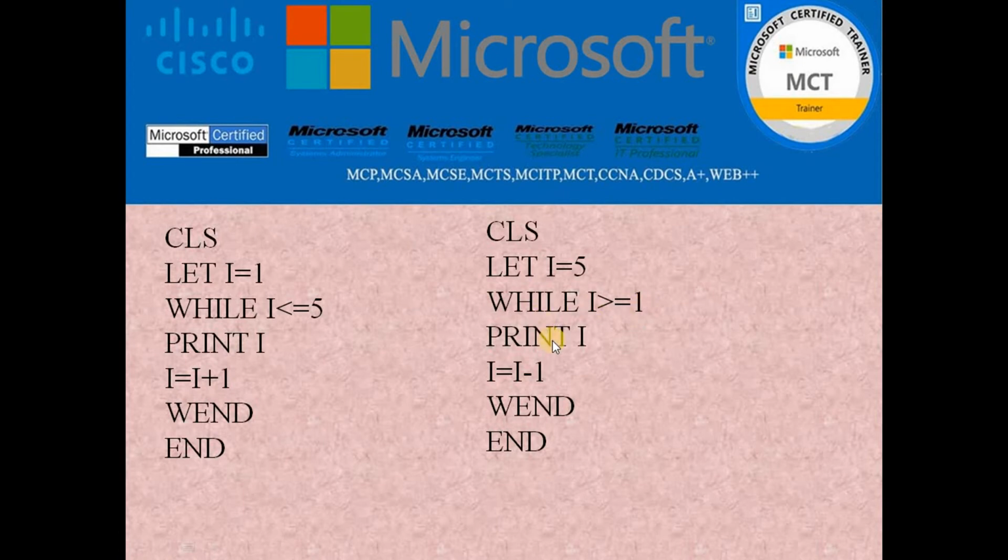Print this one, 4. Minus 1, 3, it prints 3, again minus 1, 2, it goes back, it prints 2, it comes down over here, 1, now it says, yes, I have reached the final value, that is 1. And now it's going to print I, that means the 1, and again if I do 1 minus 1,